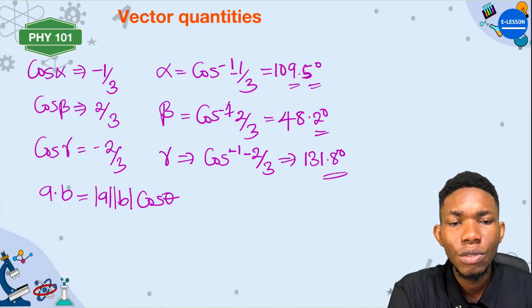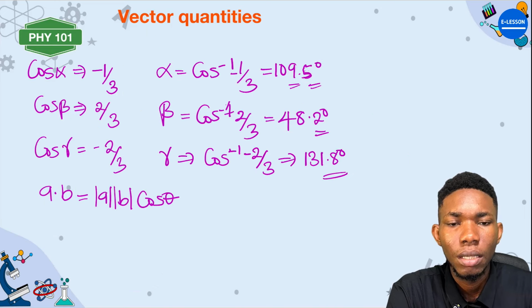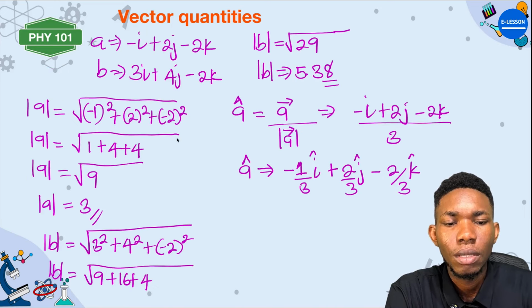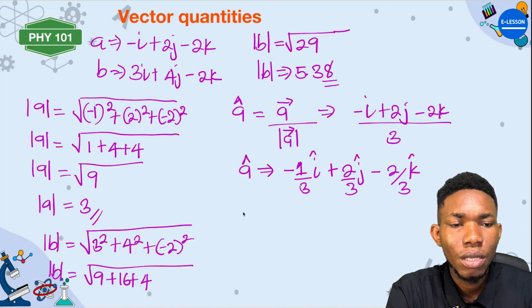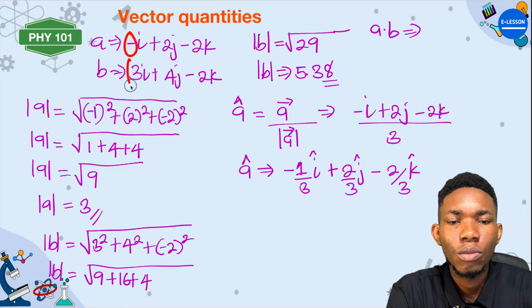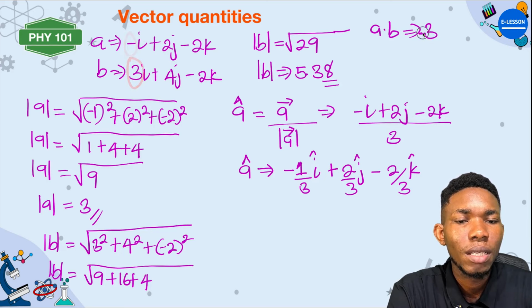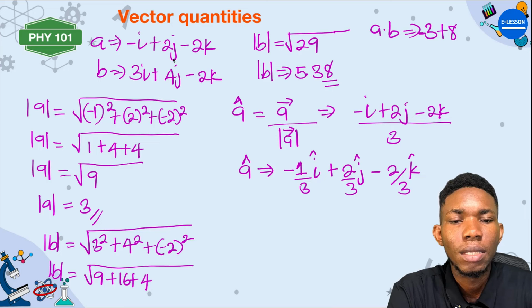A dot B is telling you to use A to multiply B. Let me just do A dot B here. A dot B, my dear student, will be equal to: you use this minus 1 to multiply 3, which of course will give us minus 3. Then 2 times 4 will give us 8. Then minus 2 times minus 2 will give us